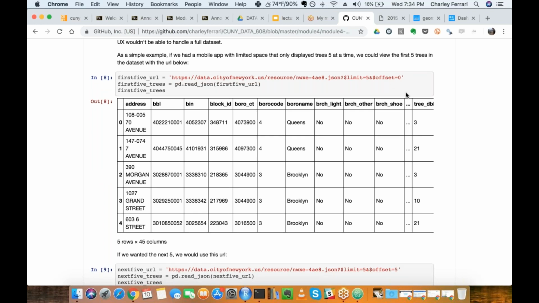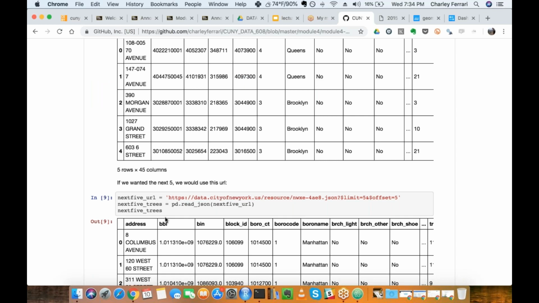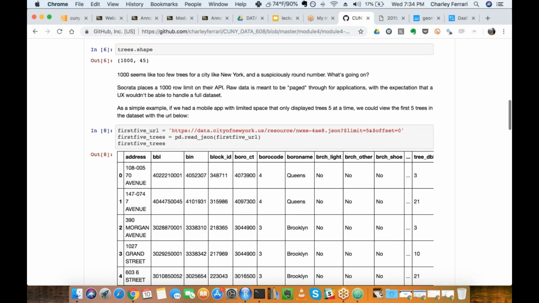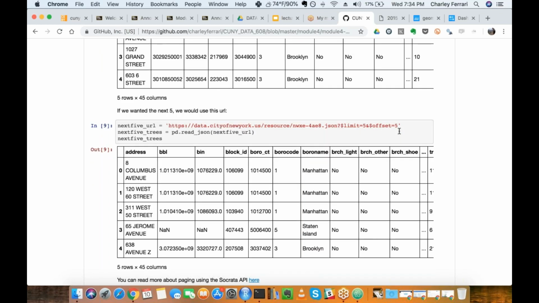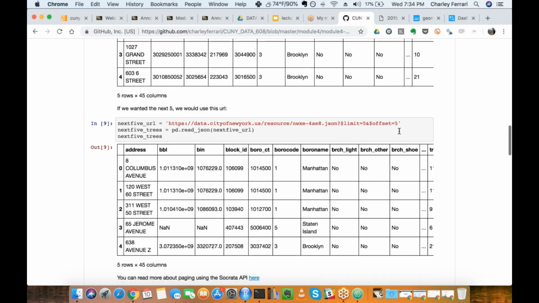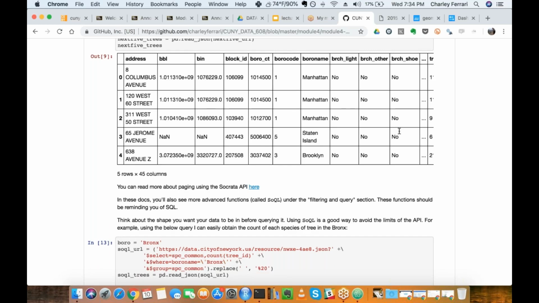If I wanted to design an app that pages through these results 5 at a time, I would be building my API URLs like so. I would be changing my offset. In this case, the offset is 5. In this case, the offset is 0. That's the only thing that's changing. So by incrementing the offset by 5, I would be able to page through the results, utilizing the API dynamically.